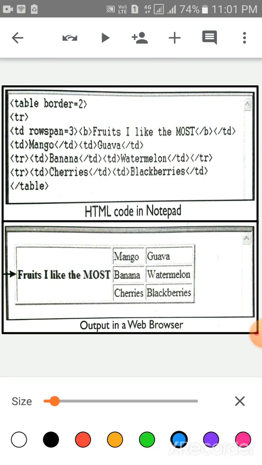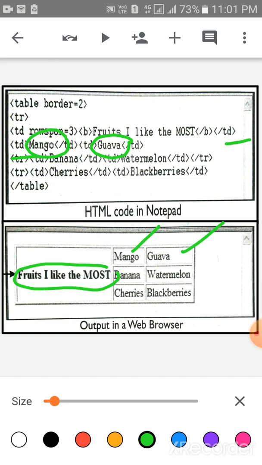Now, children, in this 3 row span, bold, B for bold, the text is fruit I like the most. Then closing tag of td. After that, td tag, td means table data. It will enter mango and then closing tag of td, and next data is guava, and lastly closing tag of td.